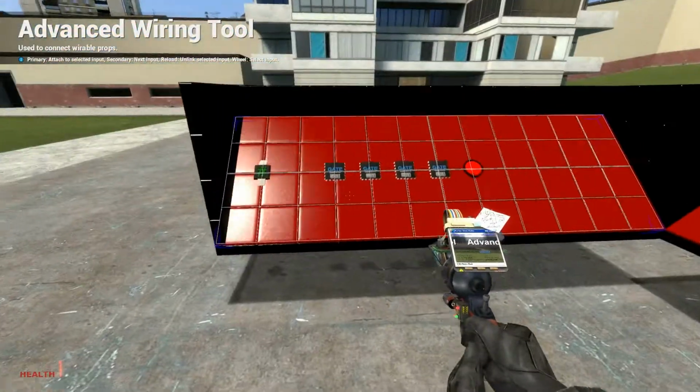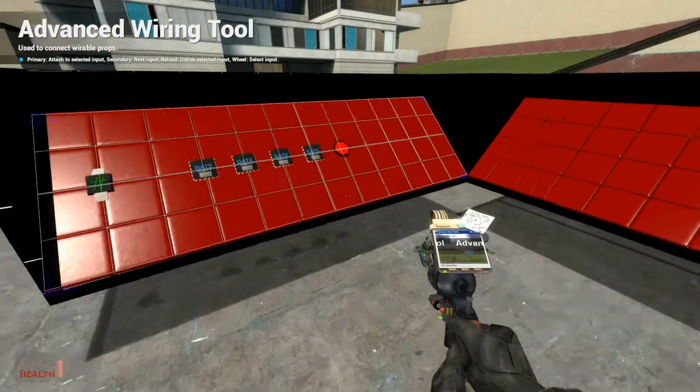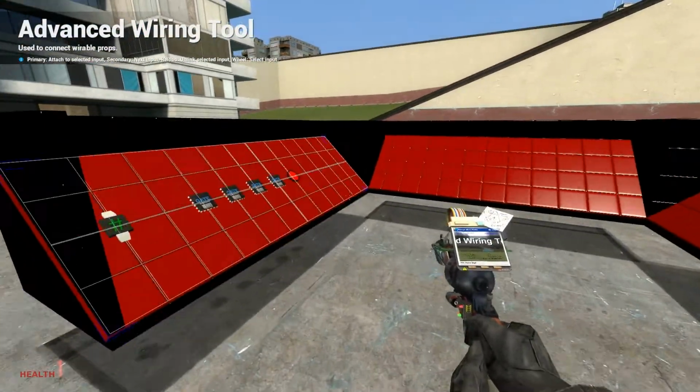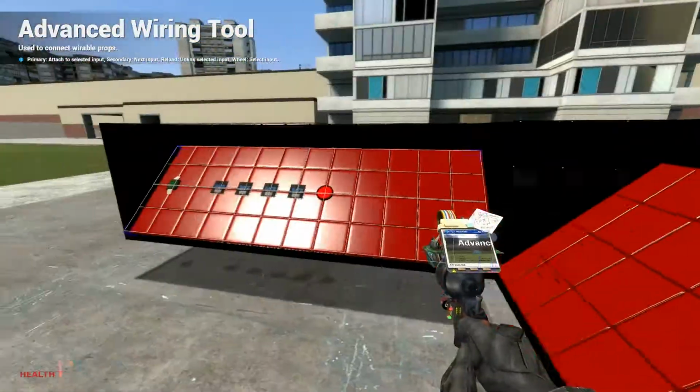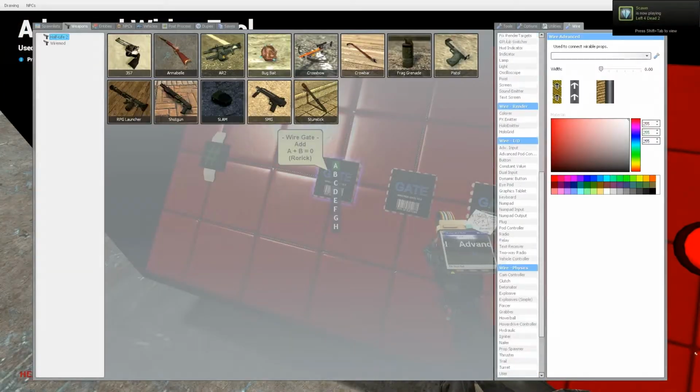Alright guys, just a quick tutorial on the basics of wire mod. First thing is first, I have a little area set up here, and I've already put down a few gates, and to do that